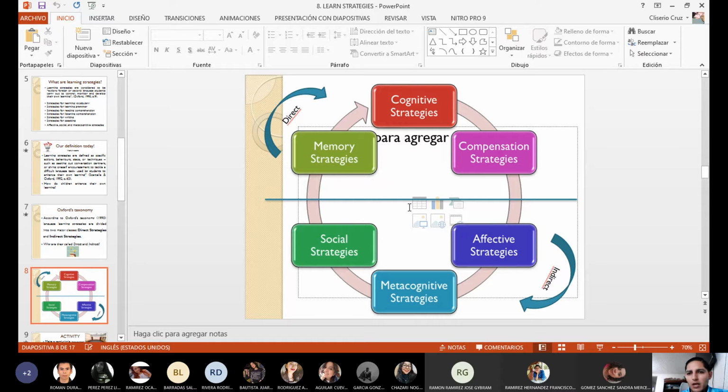For direct strategies, we have memory-related ones, for the use of drills, repetitions, and there you have implications of the audiolingual method, the grammar translation method, and the traditional methods that are currently employed in different contexts and that are actually very useful for certain situations. You also have cognitive strategies which have to do with problem solving, with working with logic, with